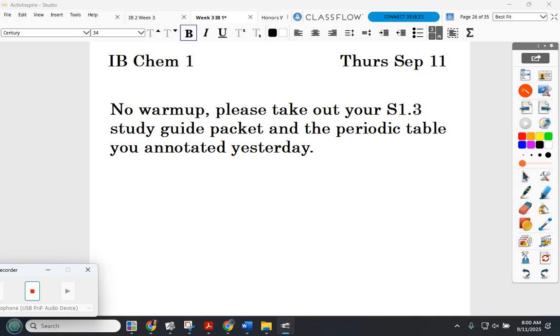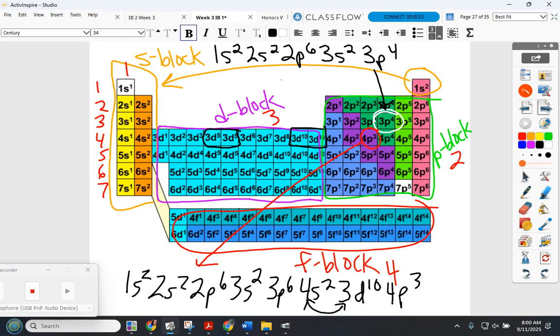So yesterday we dug in a little bit to the idea of the written electron configuration and of using the periodic table to figure out what the electron configuration of any element is. So we talked about how we have essentially 4 parts to the periodic table. We've got the S block, groups 1 and 2. We've got the P block, groups 13 to 18, except for helium, which really belongs in the S block. We've got the D block, the transition metals, and we've got the F block, which is the lanthanide and actinide